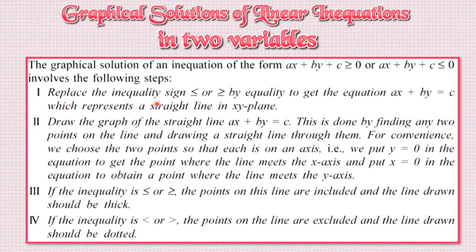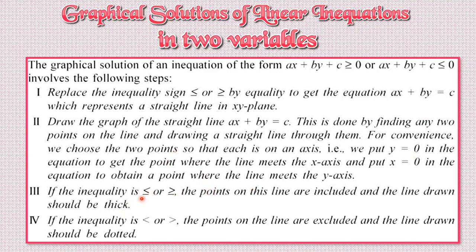First of all, replace the inequality sign given in the inequation by the equal to sign, and let's make it a linear equation in two variables. I think everybody is well aware of how to present a linear equation in two variables on the graph. What do we have to do then? We have to make a solution table, as you used to do in 9th standard and 10th standard. Make a solution table, plot the points on the graph and make a straight line.